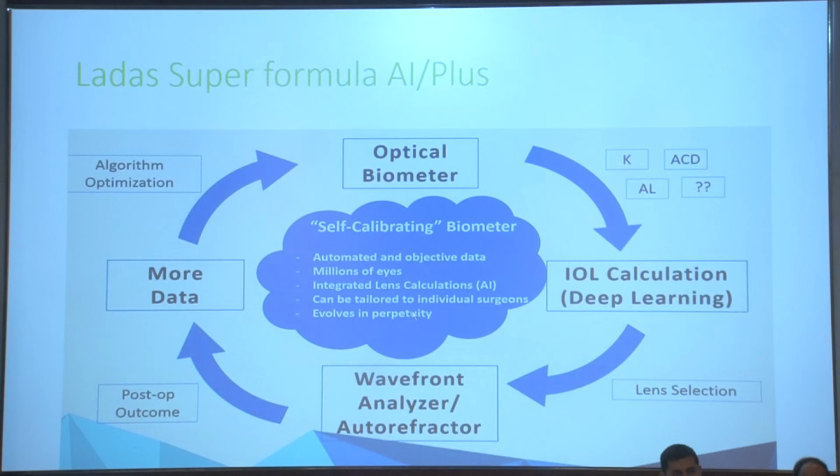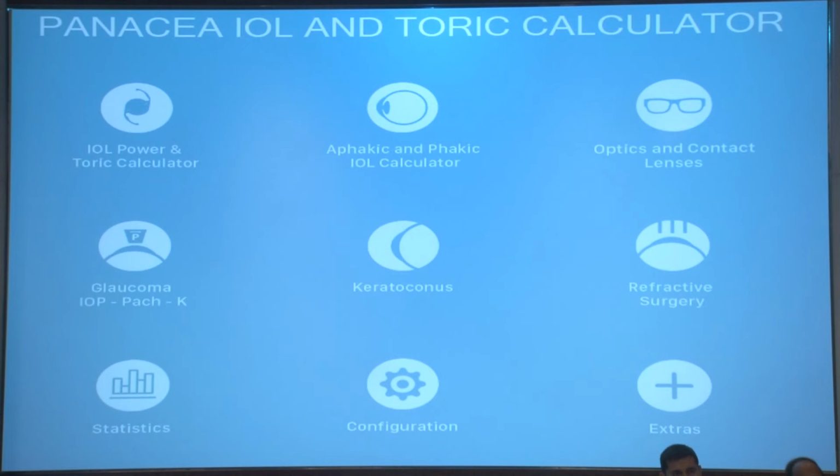So this formula is now evolving in such a way that our optical biometer is going to be smart in the near future. Another is the Panacea calculator. The Panacea calculator, which is available online,